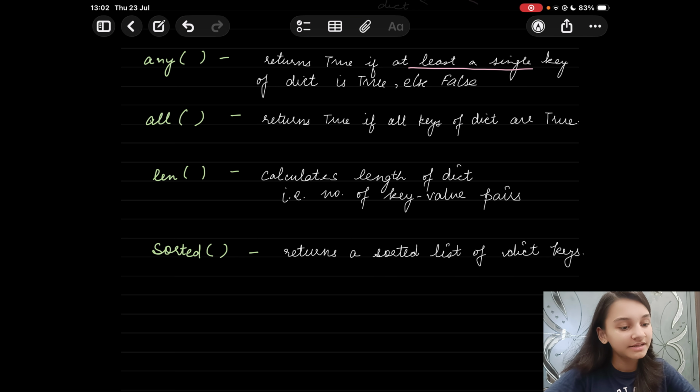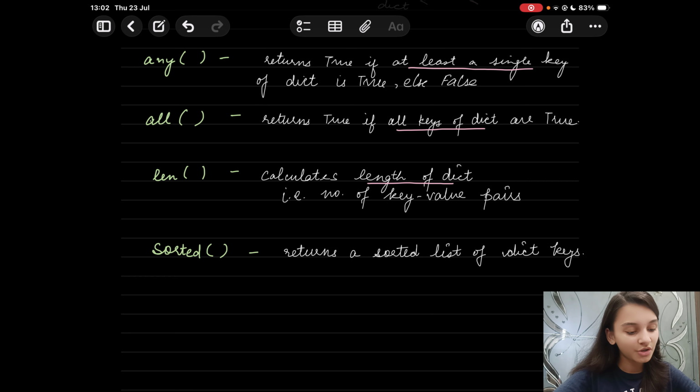So we need at least a single key of the dictionary to be true. Next we have all. All returns true if all keys of the dictionary are true. The len function calculates the length of the dictionary, that is the number of key value pairs.